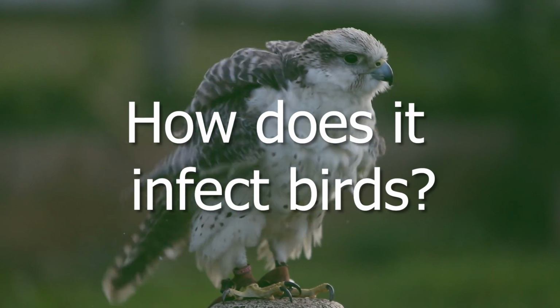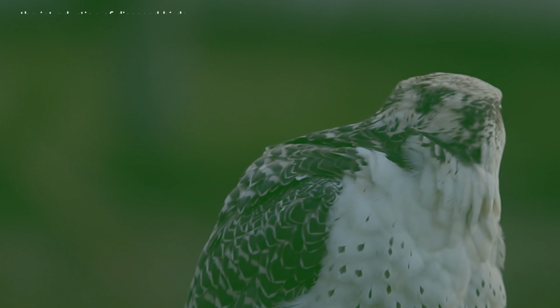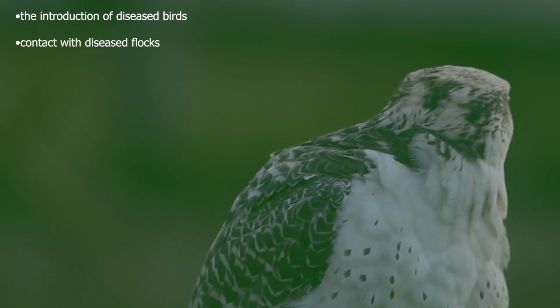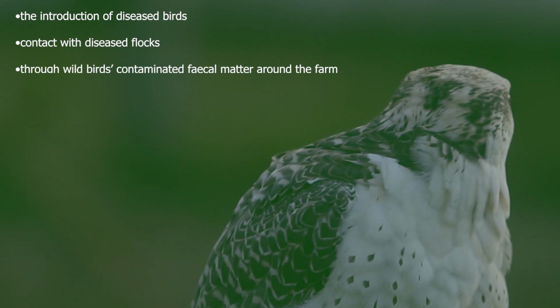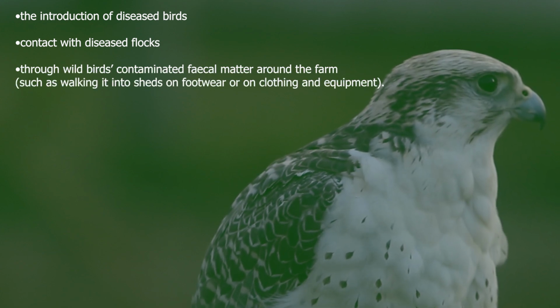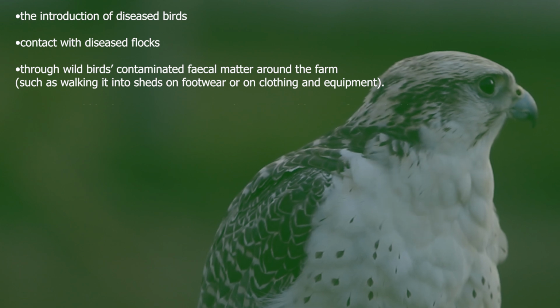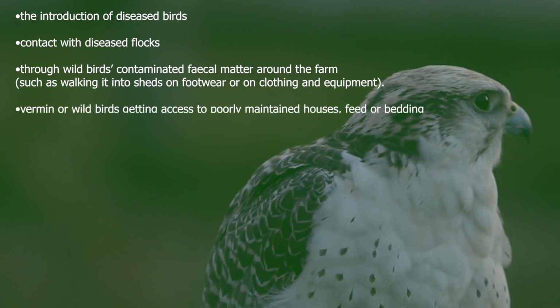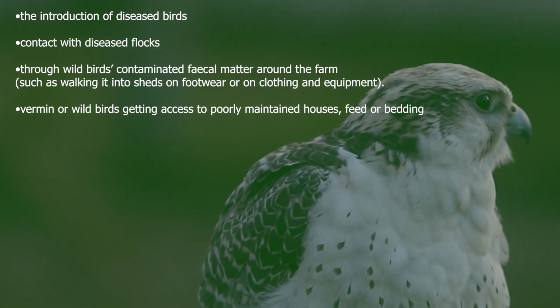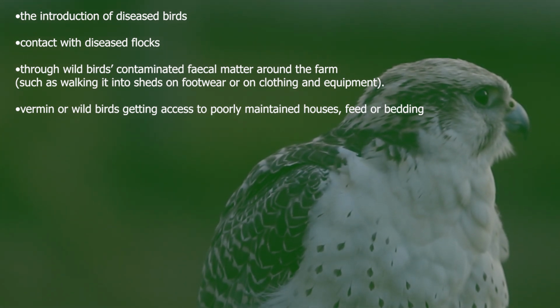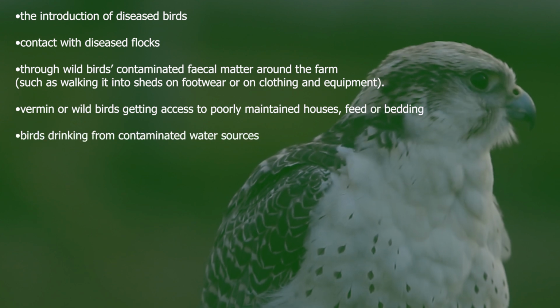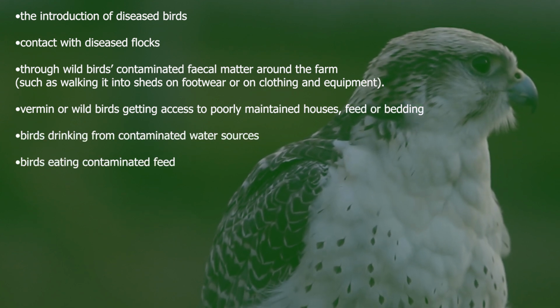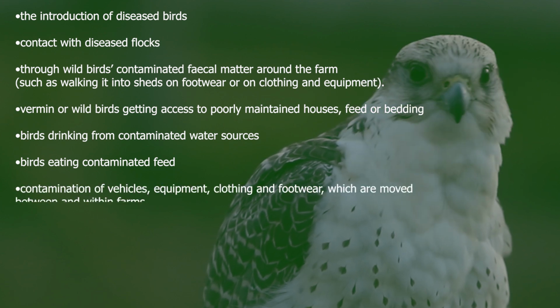So how does it infect birds? It can be transferred through physical contact, but the government's official list of how it is transferred includes the introduction of diseased birds, contact with diseased flocks, through wild birds, contaminated fecal matter around the farm, such as walking it into sheds on footwear or on clothing and equipment, vermin or wild birds getting access to poorly maintained houses, feed or bedding, birds drinking from contaminated water sources, birds eating contaminated food,